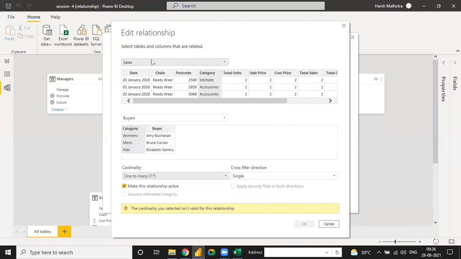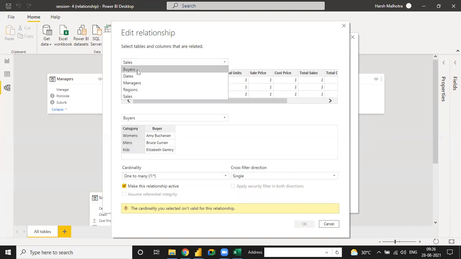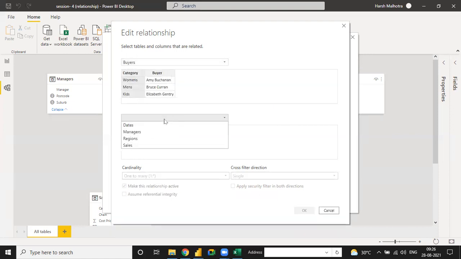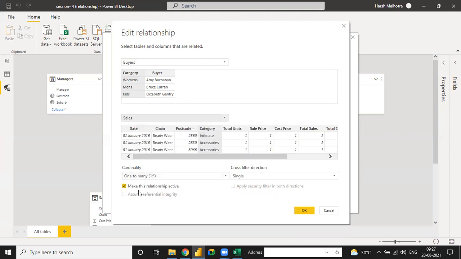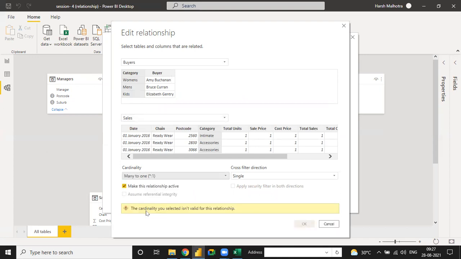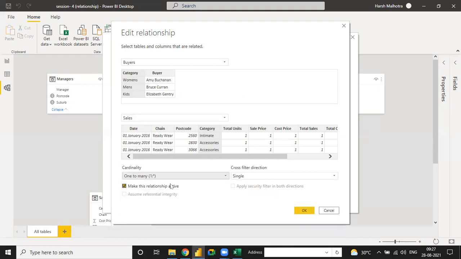But when we put the buyer here and the sales here, then one to many is okay. And when you connect many to one, it says the cardinality you selected is not valid for the relationship, meaning your table does not have many values in the buyer table. So here we use one to many. In this kind of relationship we have to use either one to many or many to one.